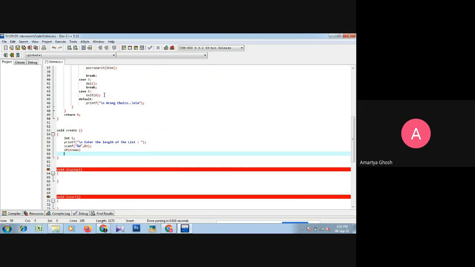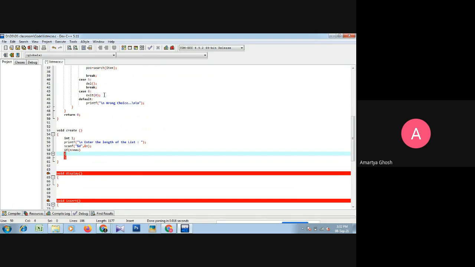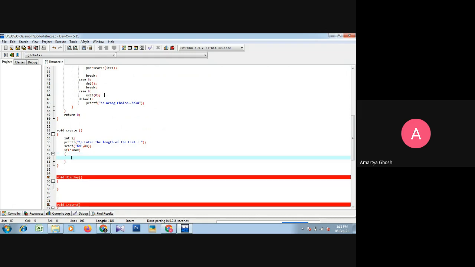Then the second bracket opens, now printf first. This is called handling. What is handling? Suppose there is a logical error, we just handle that situation.